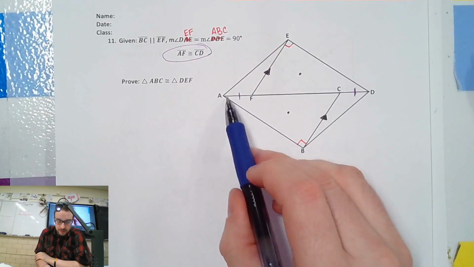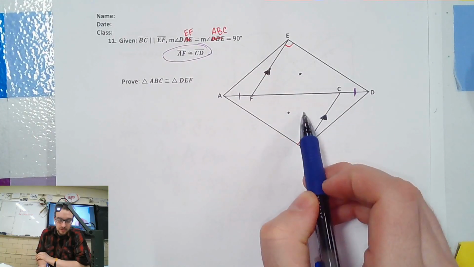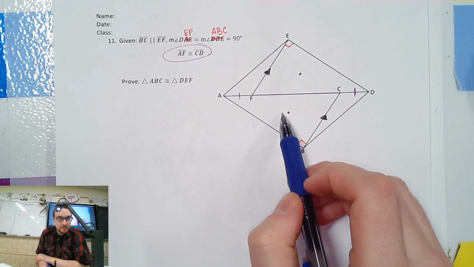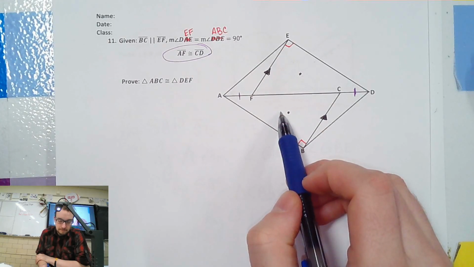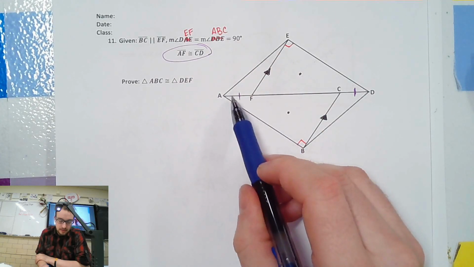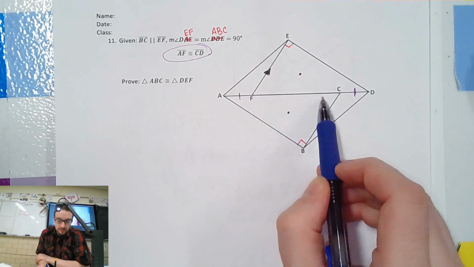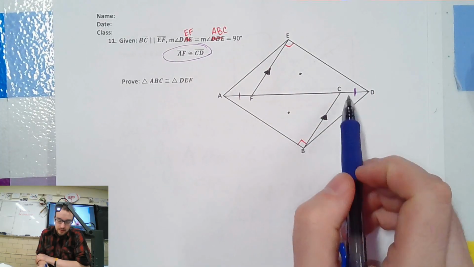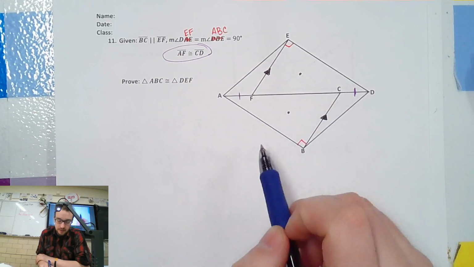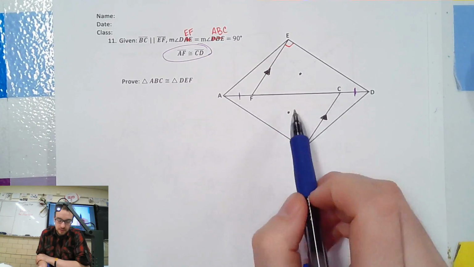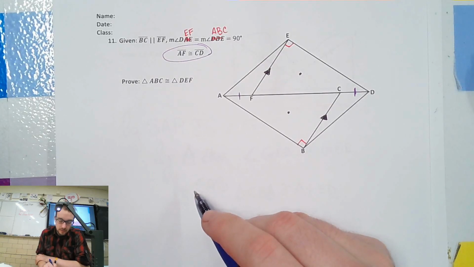So AC is the top of this right triangle. It's HL. So this bit and this bit add up to the whole thing, right? Yes. Cool. And this bit adds up to the whole thing here. Now the problem is we only know one little piece. We don't have both, right? So what we're going to have to say is,